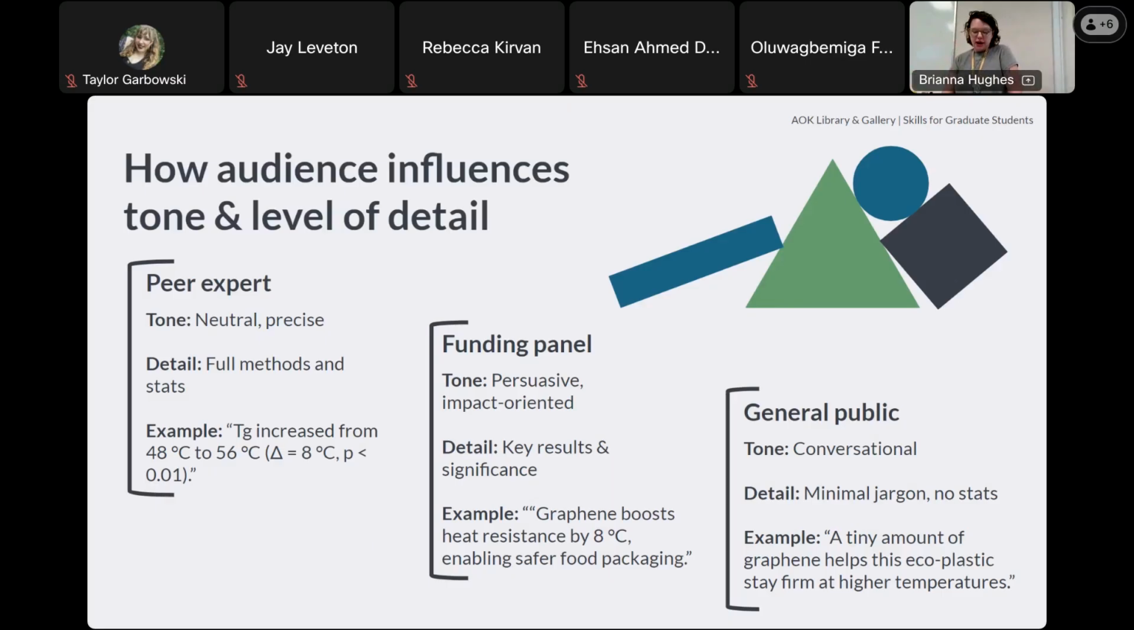But thinking about peer experts, so when you're applying or submitting something to a journal, the tone you should be striking should be something like neutral, obviously kind of trying to stay away from any bias or assertions, but precise, full methods, full statistics, as much data as you can, because the people who are reading it are going to be familiar with your field, familiar with the discipline,